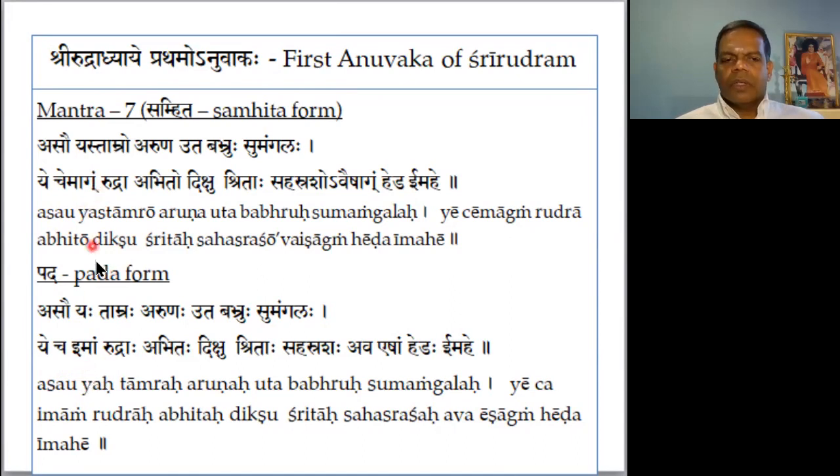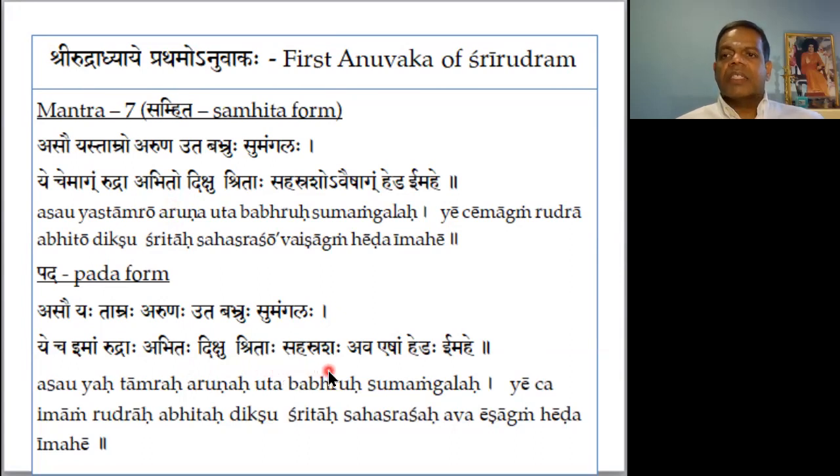Such an Imam becomes Chemam or Chemagum. Rudraha, that Visarga is dropped because of Sandhi. Abhitaha, the Visarga becomes O, so it becomes Abhito. Dikshu, no change. Shritaha,